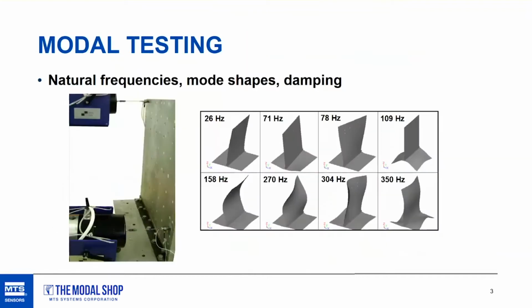For those of you that are not very familiar with modal testing, here's a picture of a couple of mode shapes on a very simple structure. It's a T-shaped plate that's being excited by a modal shaker. This is basically some of the results you get out of this testing. You're looking at the different natural frequencies of this plate,